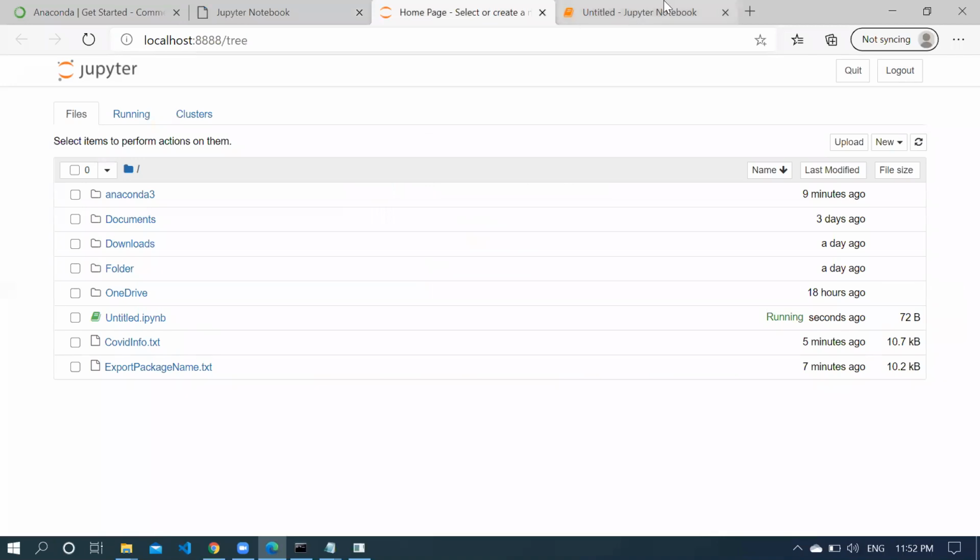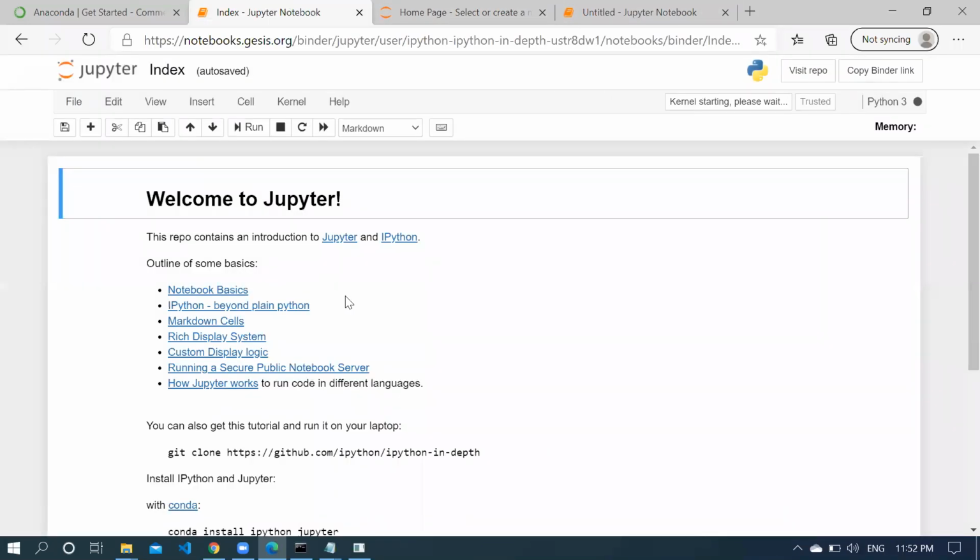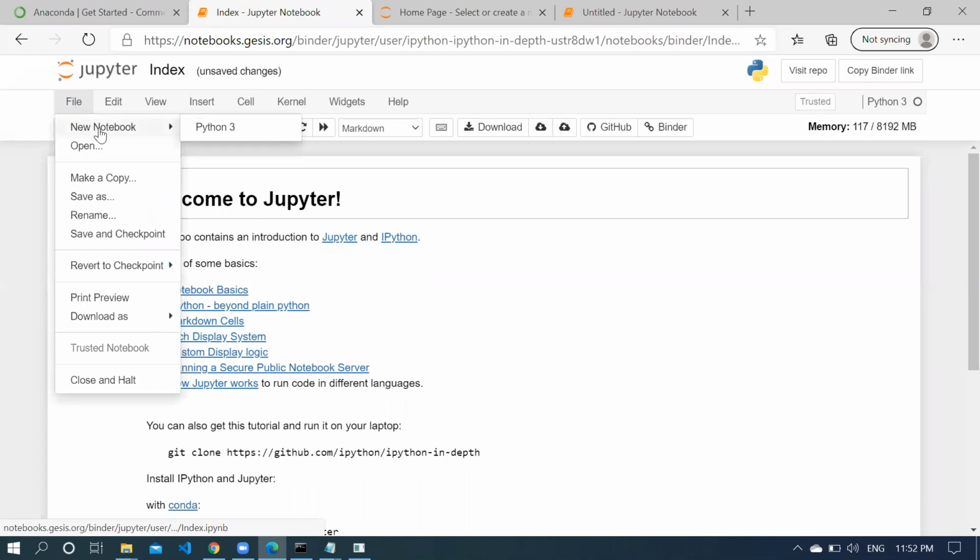So you can see that the virtual server has completed setting up the Jupyter Notebook environment. Here you will find all the information. You can see welcome to Jupyter Notebook and you can read about its contents. Then here you need to click on File, then New Notebook and Python 3.